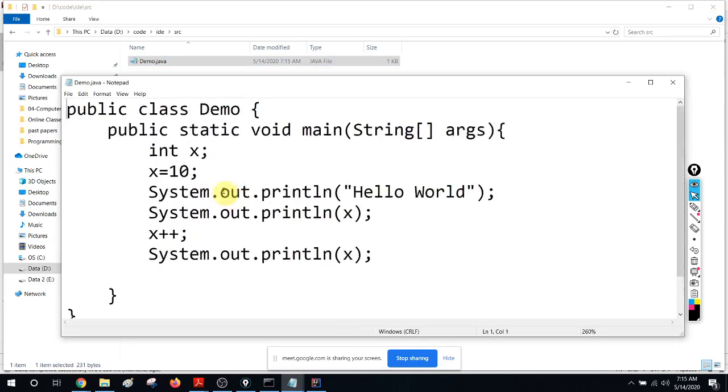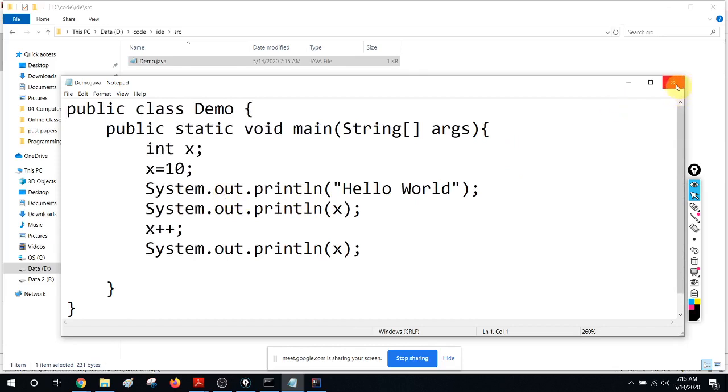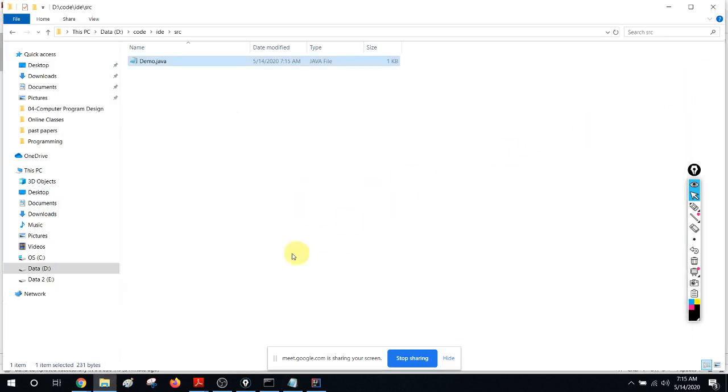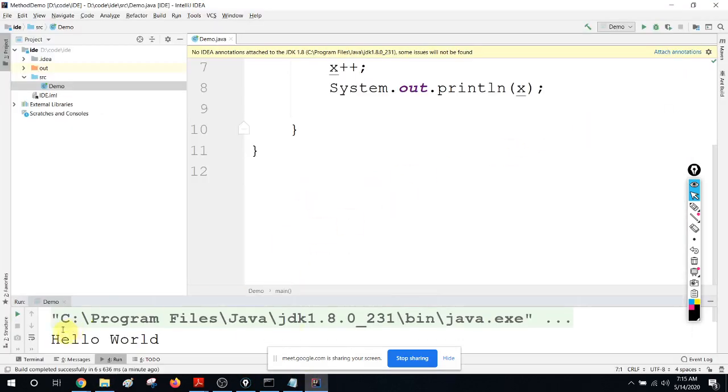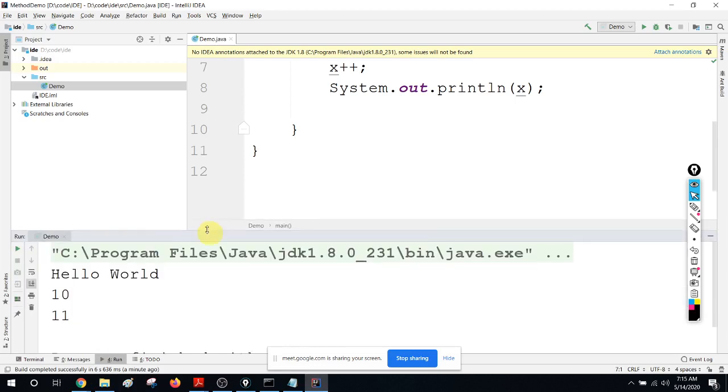Okay, so that's it. Therefore, make sure that you know what is happening. That is why we have been using notepad. Now we are moving to IDE, but we know what is really happening. It's just helping me to write this code. Rather than me executing javac and java commands, it is executing those commands in this IDE itself and giving the output here. That is what it is doing.